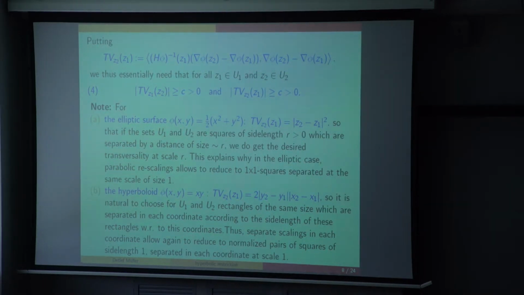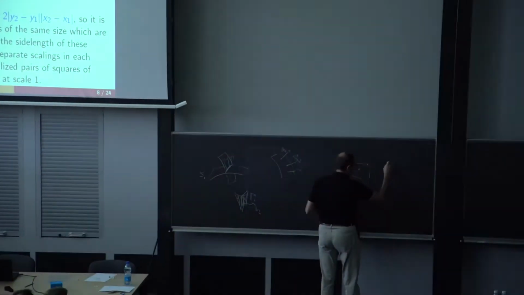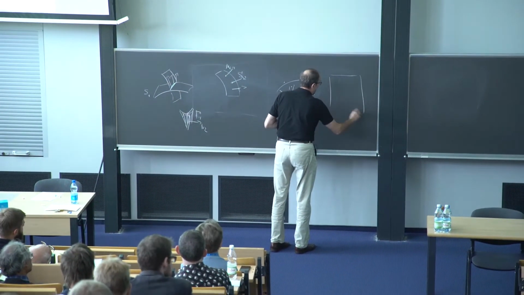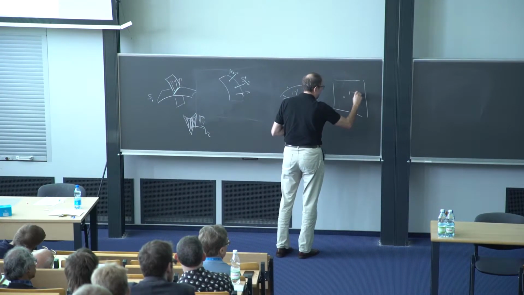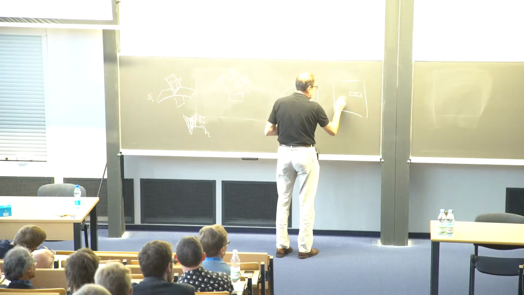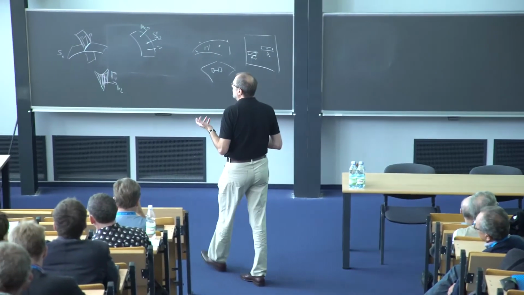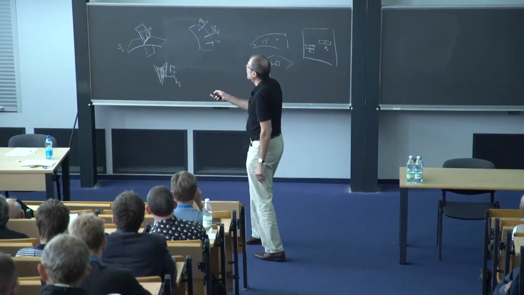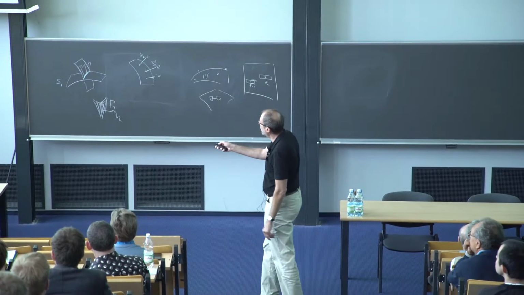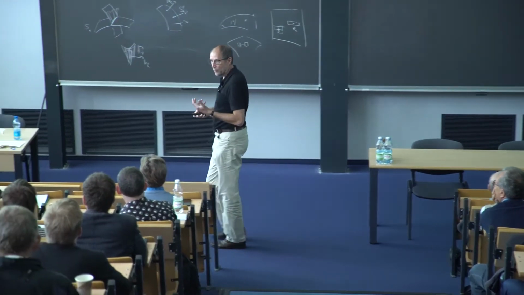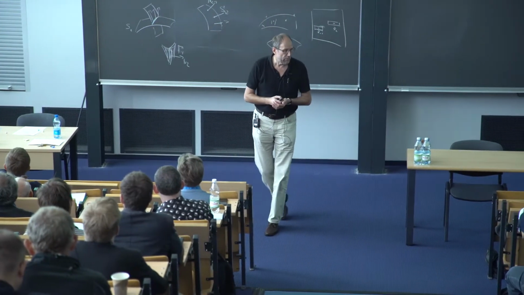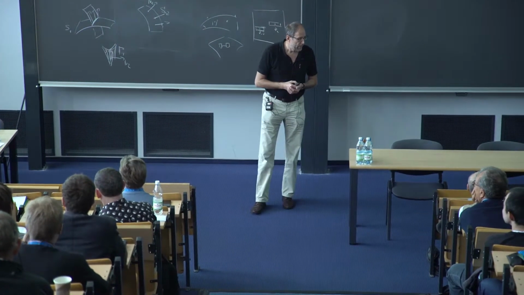Vargas and also Lee did the following thing. If you view this in the coordinate plane here, if you have a point here and you have a point here, you want to have rectangles later on. And so in this case, what you really need is that the product of the first factor y2 minus y1 and these other transversalities is bounded from below to have some kind of transversality. That's what it really means. Okay?